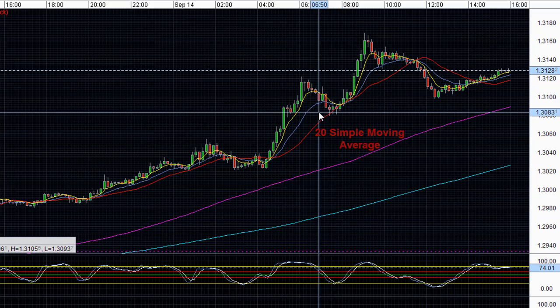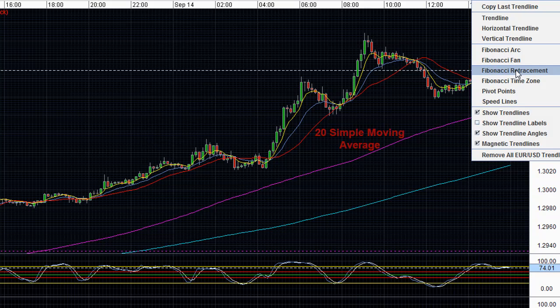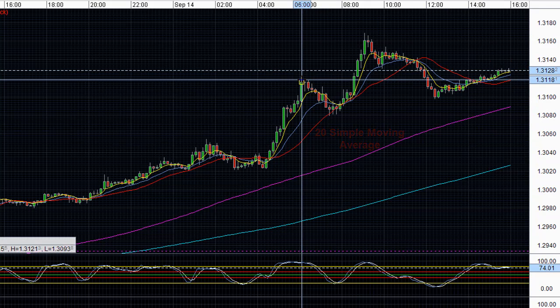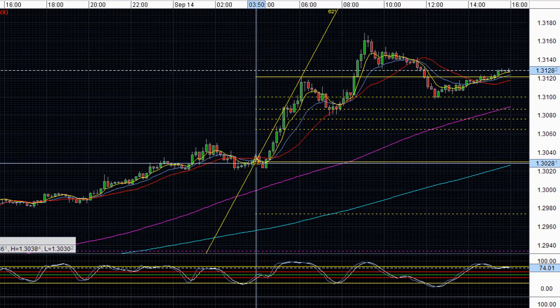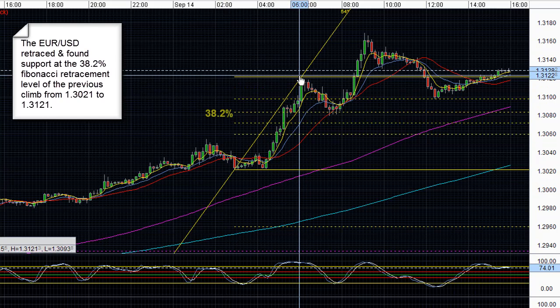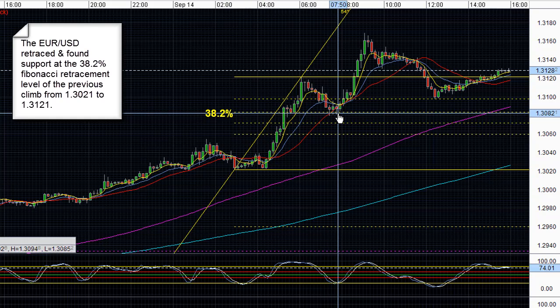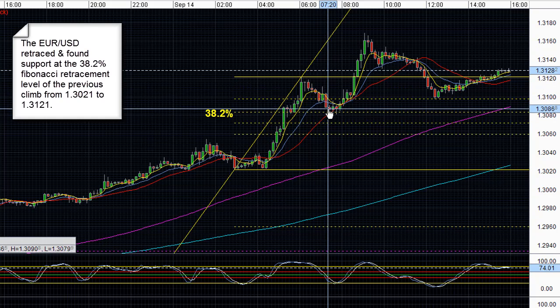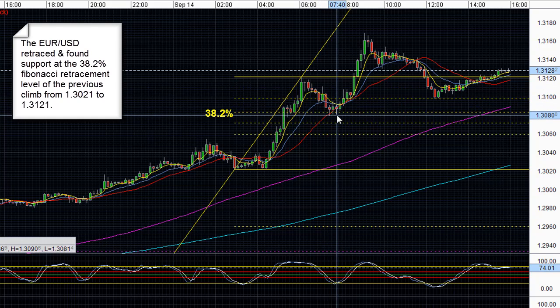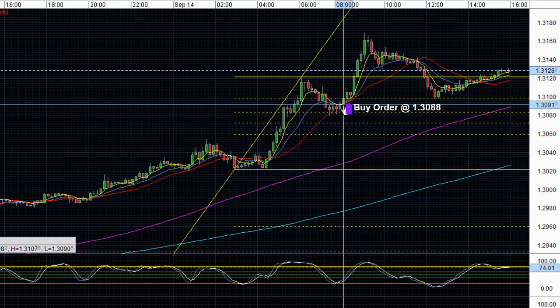But this was not only just our 20 simple moving average. If I was to draw a Fibonacci retracement of the previous climb higher from 31.21 down to this 30.20 level here, you can see how this level here, the 38.2% level, is also serving as support for price. And you can see how price had a hard time breaking and closing below these levels. So what I would have done, I would have entered a buy order upon bullish confirmation,